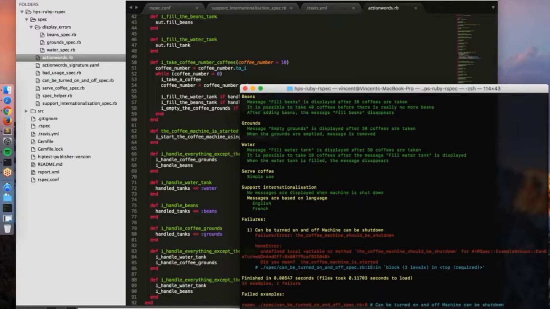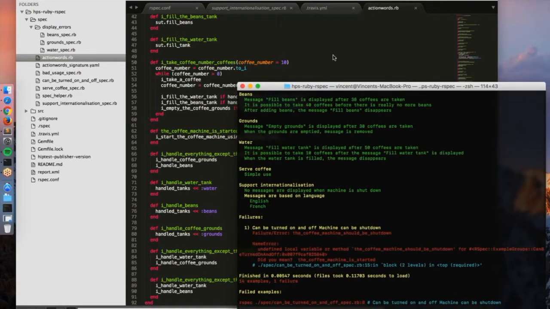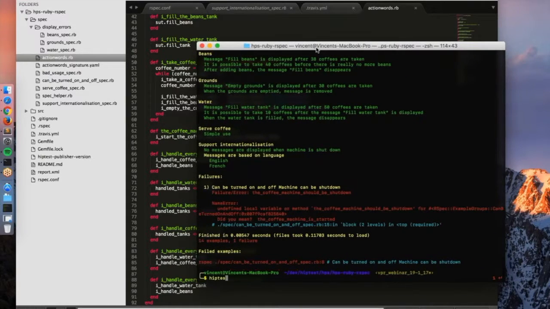And of course, I've got an error, which can be expected because I didn't implement the new action word, coffee machine should be shut down. So that's logical that it failed. Now, what I'm not going to do is regenerate all the action words and try to see what happened. Hiptest Publisher will help me in this process, because the simple thing I have to do is, once again, use